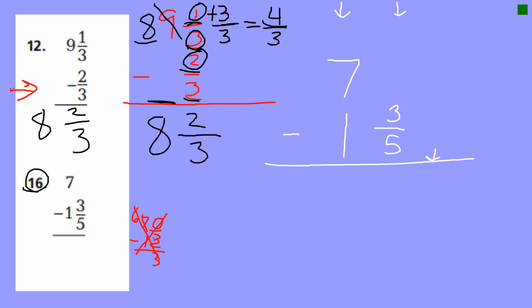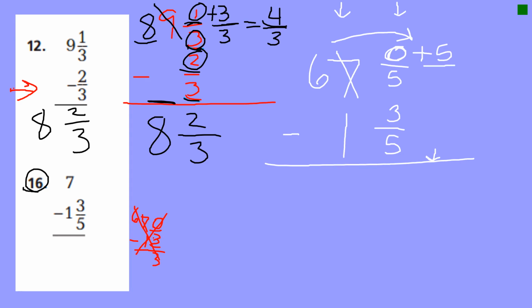So the same goes over here. We have 0 pieces out of 5 to subtract from. So we don't have any pieces to take 3 away from. So ring-a-ding-ding, regroup. Goodbye, 7. We are taking 1 and leaving you 6 whole things, but we're just actually moving it over here to fraction land. So if I had 0/5 and I'm moving 1 whole thing over, I'm going to add on to that